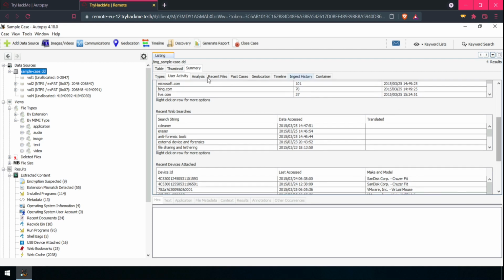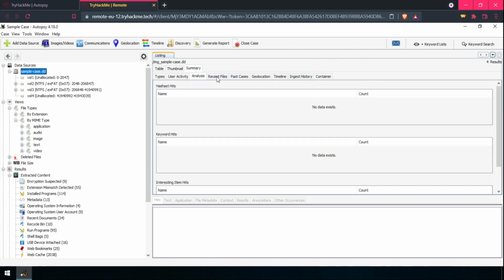There is a lot here, and there is an analysis panel which doesn't say anything because we haven't attached the disk image, so it says no data exists.